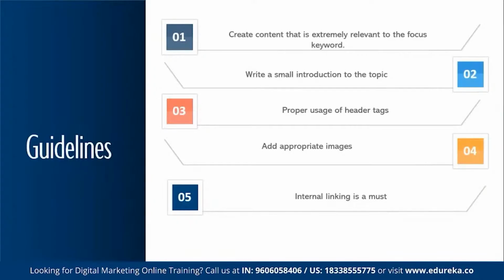If it's a product, link back to the category page or even link back to the subcategory page if applicable. Link back to your home page. Normally you have a logo at the top of your page, maybe on the left side, maybe on the right side, which is used for linking back to your home page.